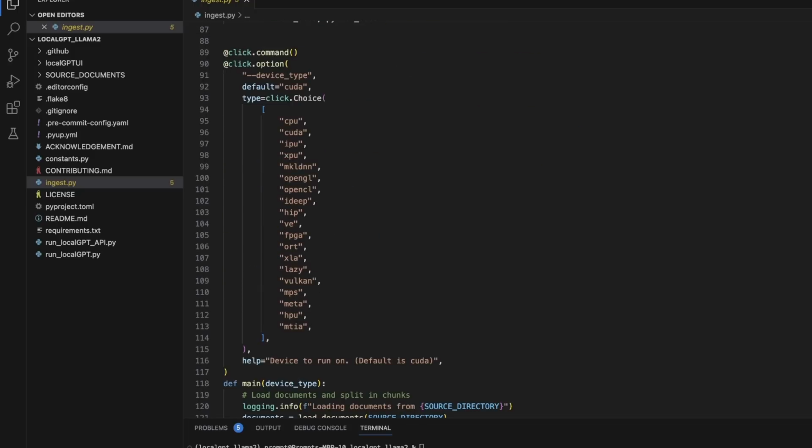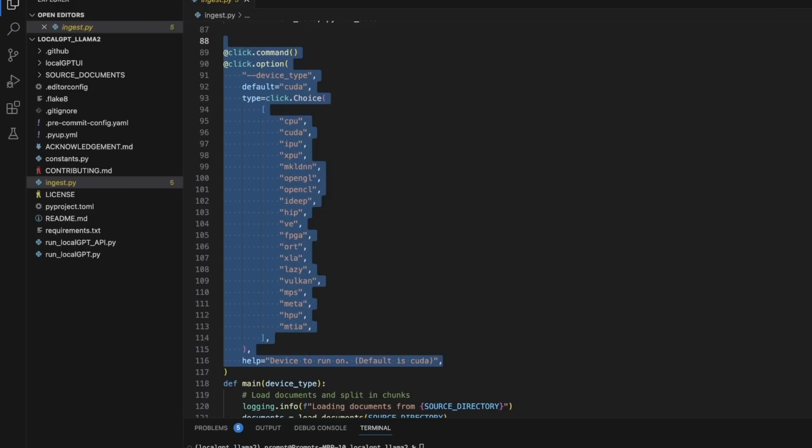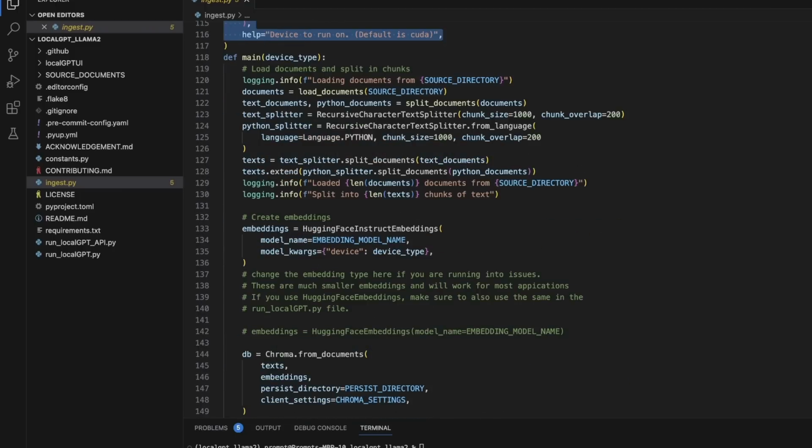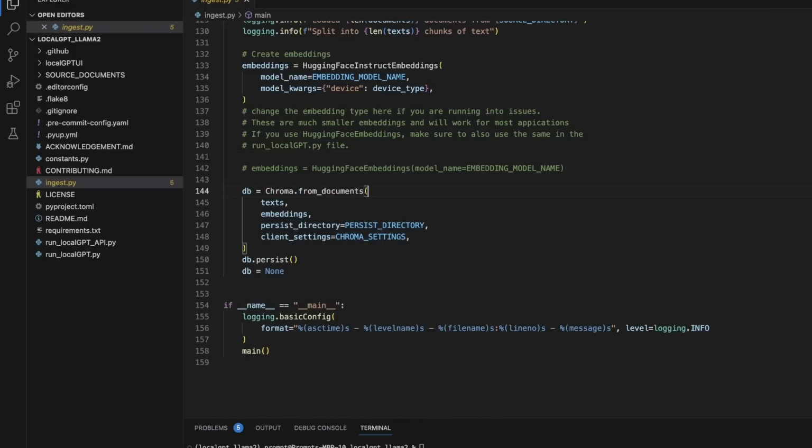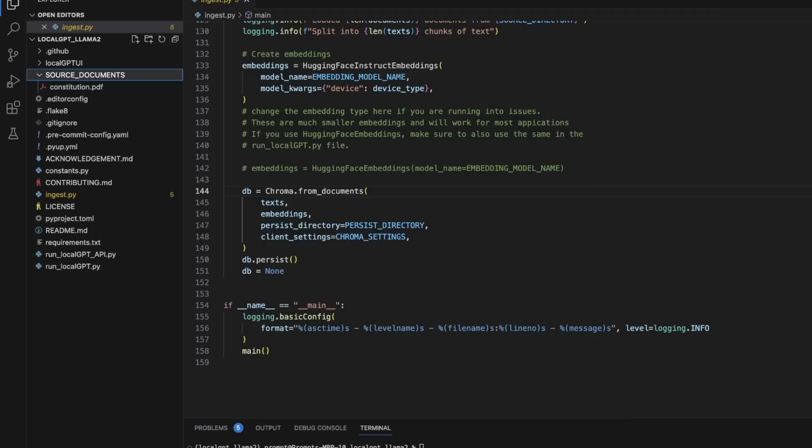Other than that, initially it was just supporting NVIDIA GPUs, but now you can run this on CPU, or if you have Apple Silicon, you can use MPS as well. So these are different options that you can pass on, and I'm going to show you how to run this updated version. Okay, to explain the working, first you need to go and put all your documents in this